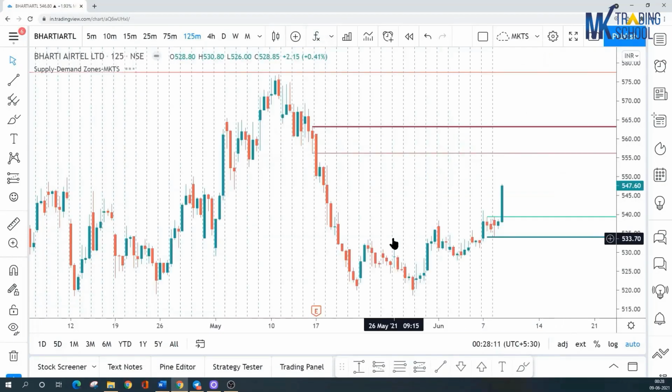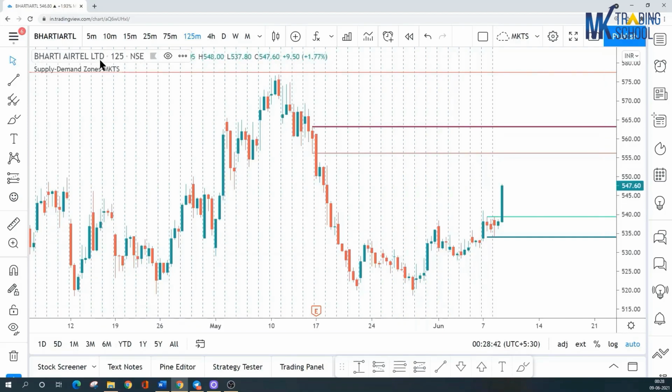Once I apply this indicator on the chart, you see this indicator has plotted the demand zone that was formed today. It's a 125-minute rally base rally formation. This indicator will help you to plot automated zones on the chart on different time frames starting right from 1 minute all the way up to a monthly or a yearly chart. Whatever time frames that you trade on, you can apply the indicator and check for zones that are formed on that particular time frame.